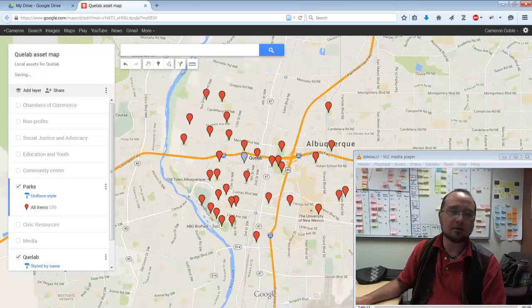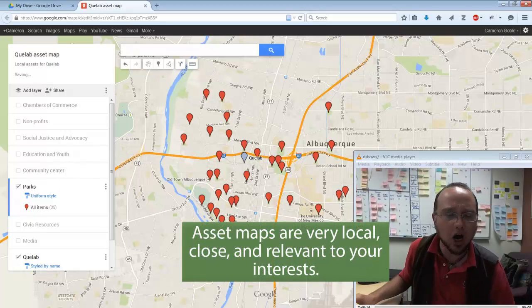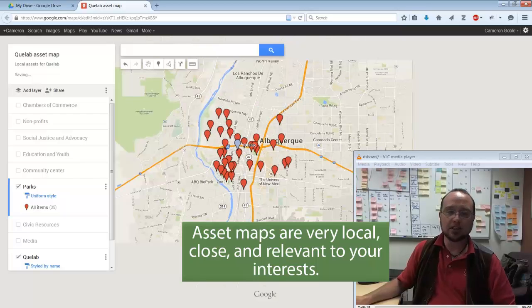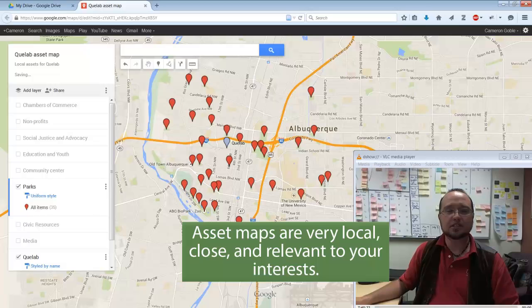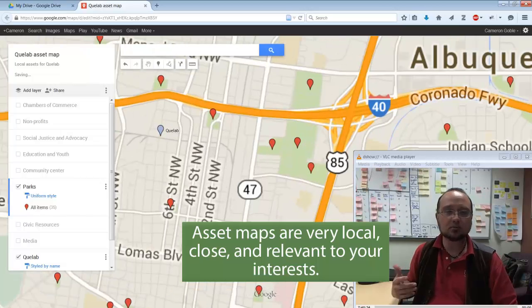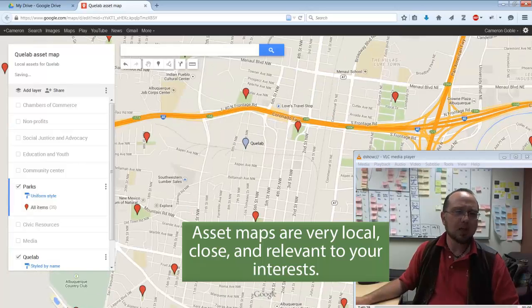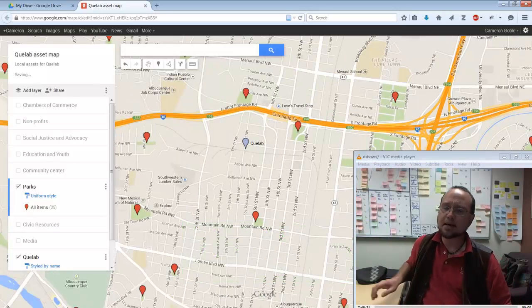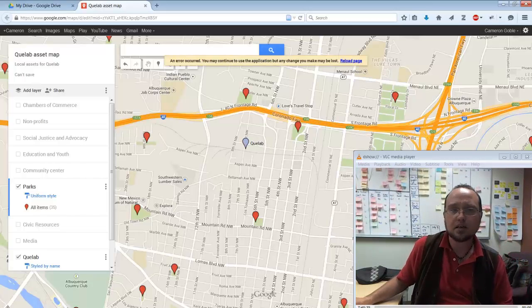The thing about an asset map is that it's local to wherever you are, right? So I didn't go and get every park in Albuquerque. I just wanted to get the ones that I thought were either a reasonable walk or maybe just a couple of minutes drive away. This started me thinking because I noticed that some of these parks are within